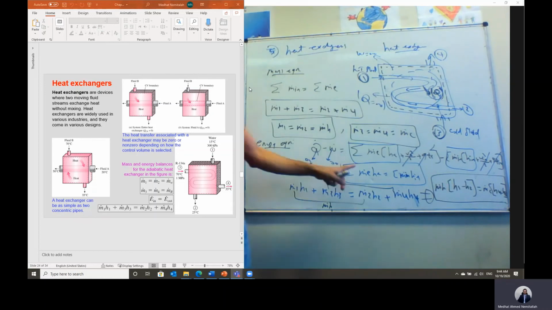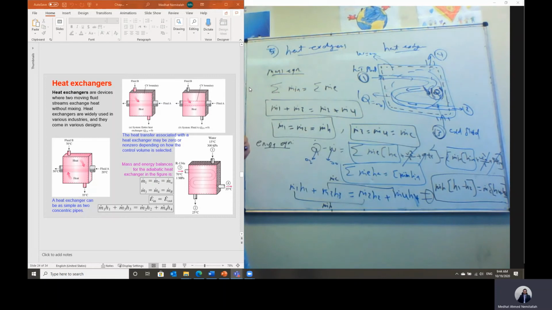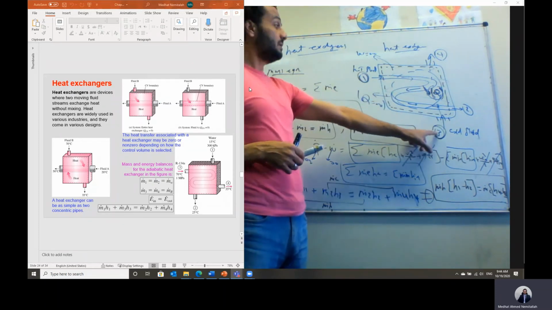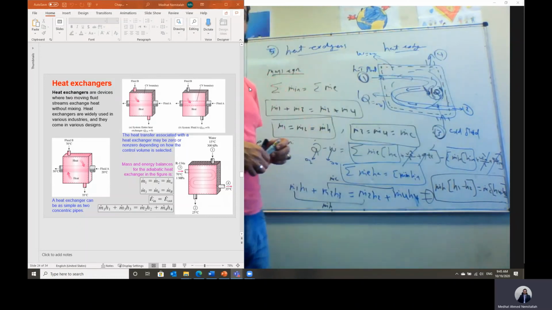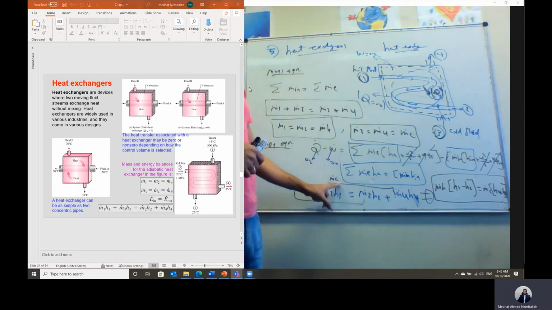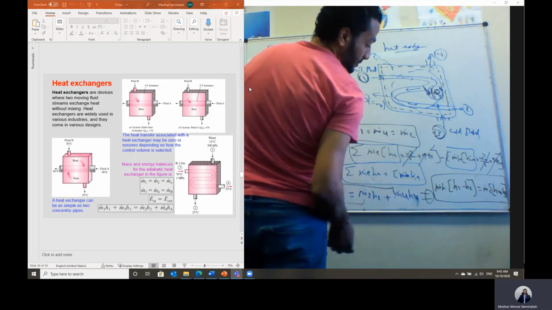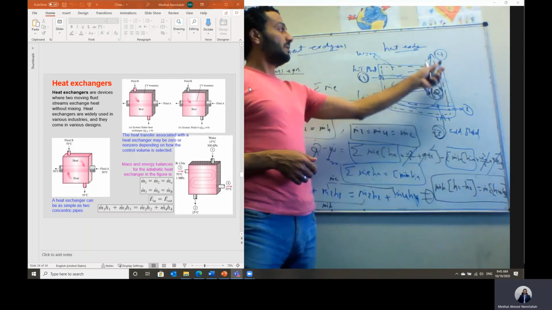So we can say the summation of m dot inlet h inlet will equal the summation of m dot exit h exit, or m dot 1 h1 plus m dot 3 h3 will equal m dot 2 h2 plus m dot 4 multiplied by h4. m dot 1 is the same as m dot 2, we call it m dot hot, and m dot 3 is the same as m dot 4, we call it m dot cold. Then we can take them as common, so m dot hot multiplied by h1 minus h2 will equal m dot cold multiplied by